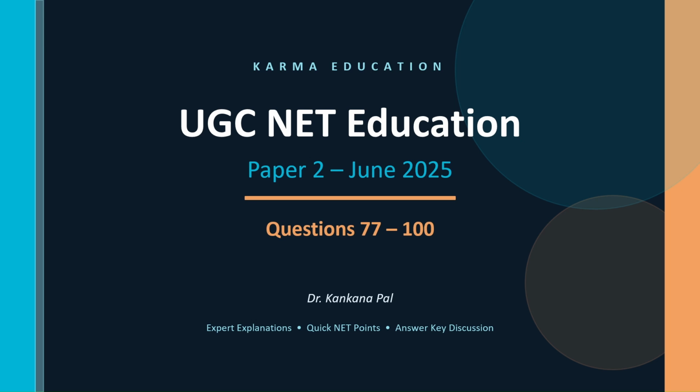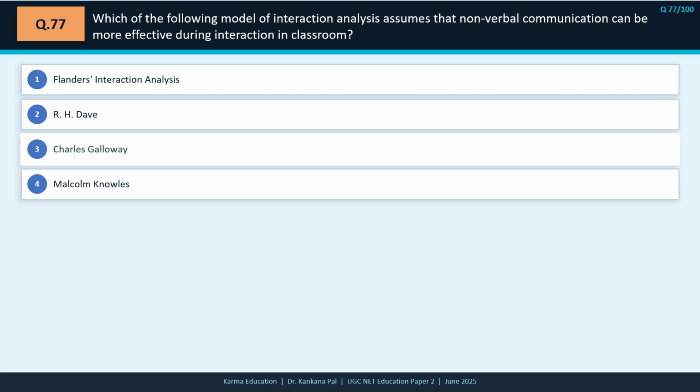Today we are going to discuss UGC NET Education, June 2025 previous year questions. Now, moving on to question number 77. Question number 77. Which of the following model of interaction analysis assumes that non-verbal communication can be more effective during